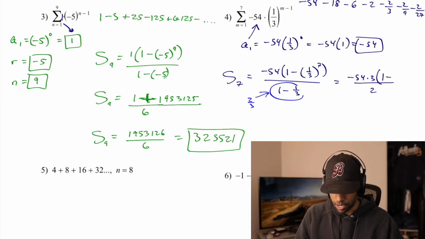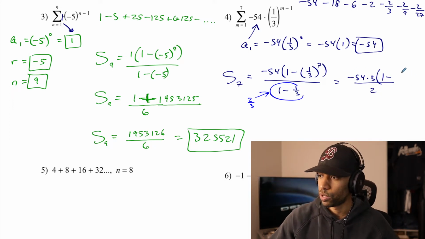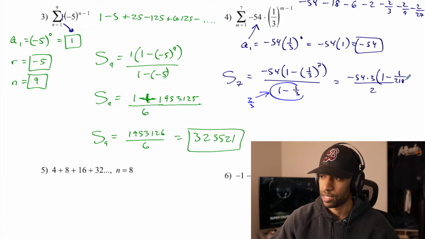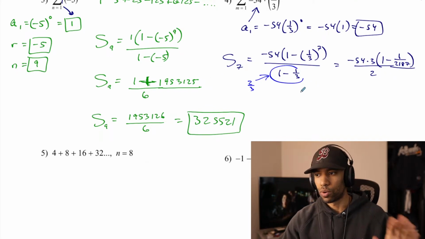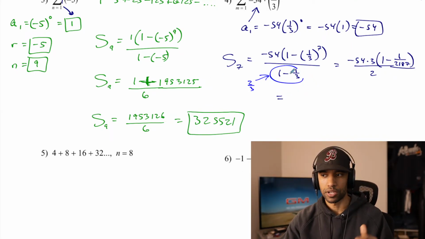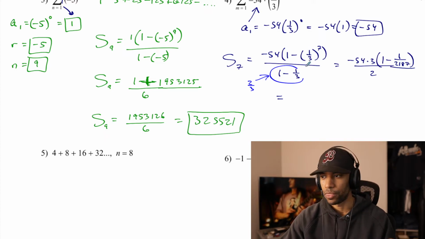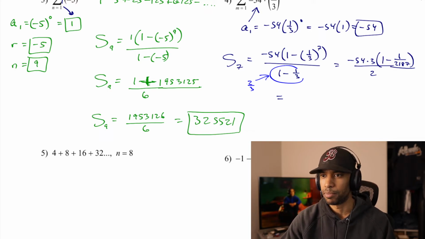Now, 3 to the 7th power is 2187. So 1 minus 1 over 2187. I'm still going to work on breaking this thing down, simplifying it. At some point, you can use a calculator, your call. If you trust your ability to use parentheses where you're supposed to, you'll probably already have your 2 decimal places answer. But I'm going to keep working on this one right here because I'm going to work on reducing the